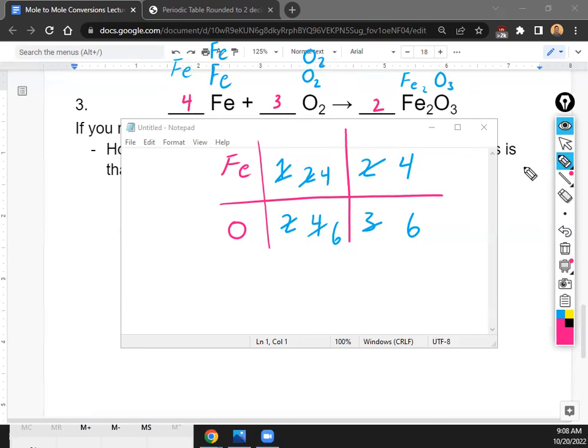A little bit of a trickier one, but this is about the difficulty that you guys can expect on the